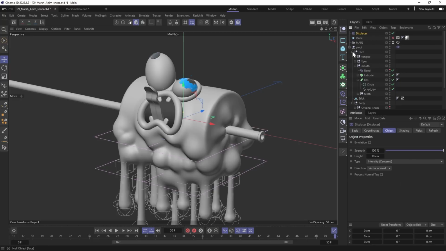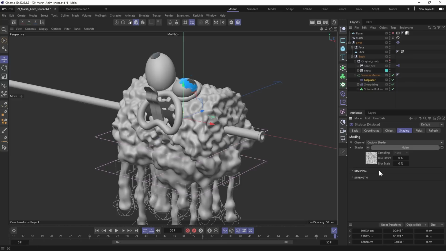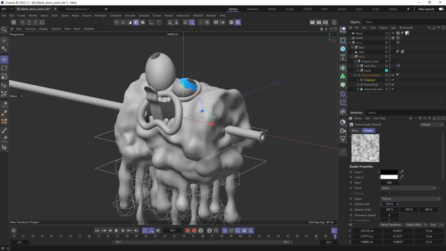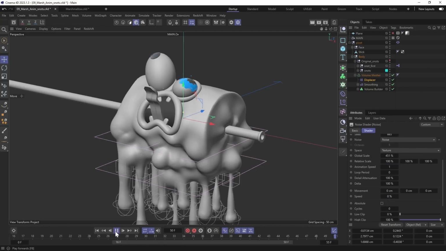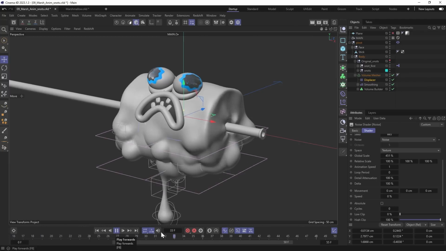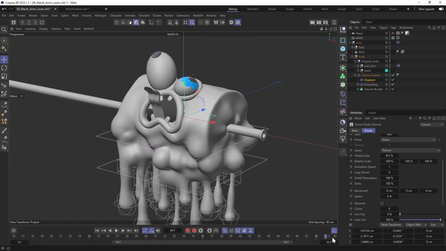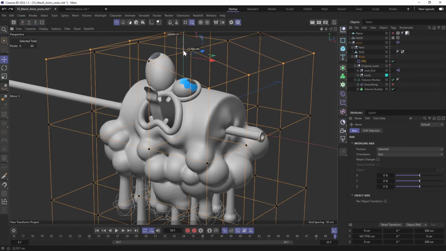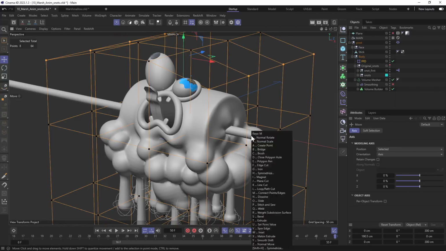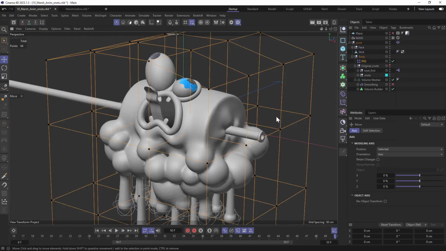For instance, you can create displacer, place it inside Volume Measure, give it some noise shader, and maybe add some kind of vibration while it screams. You can also experiment with fields, but this time I'm not gonna do this. Try to experiment with all this stuff. For example, try to create an FFD and try to deform the overall shape of the marshmallow. This way you can create some melting effect.